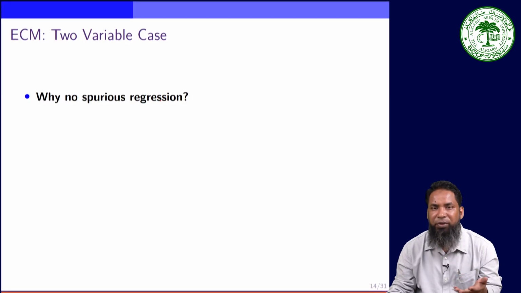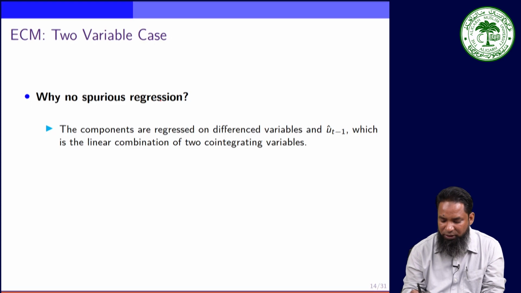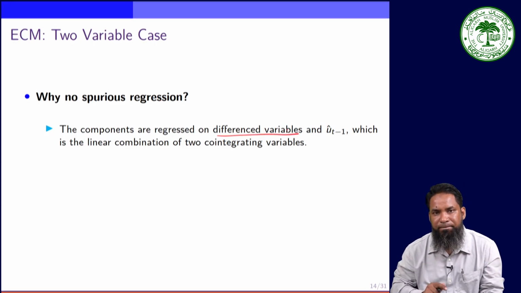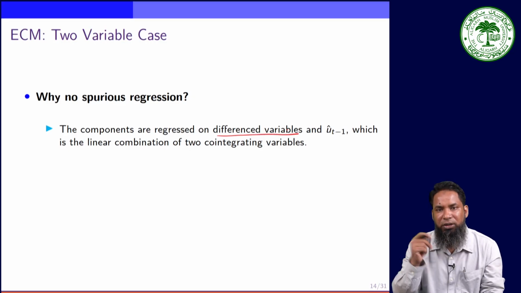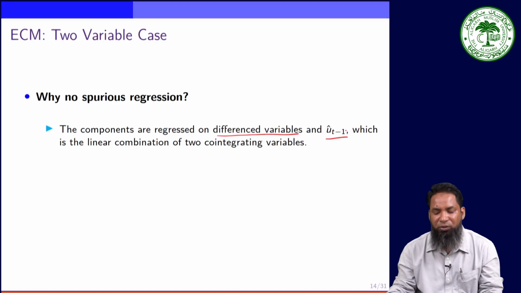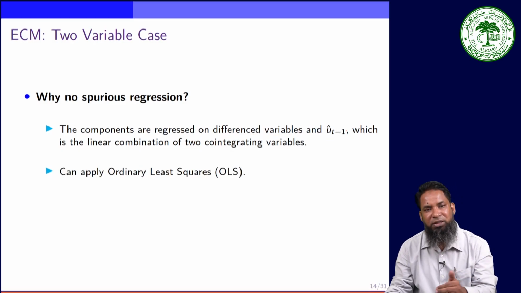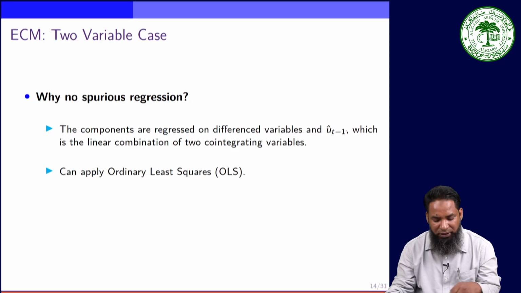Now, how have we removed the spurious regression? Because here these components are regressed on the difference variables, that is delta yt and delta xt, which is obviously now stationary, and it has been regressed on ut hat minus 1, which is the linear combination of the two integrating vectors. So once we have this structure of the equation, then we can use simple ordinary least squares to estimate